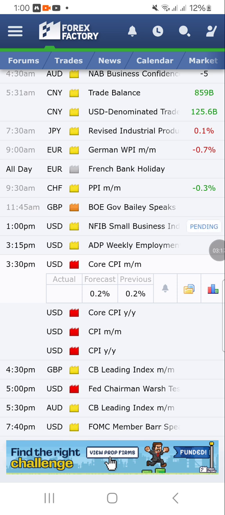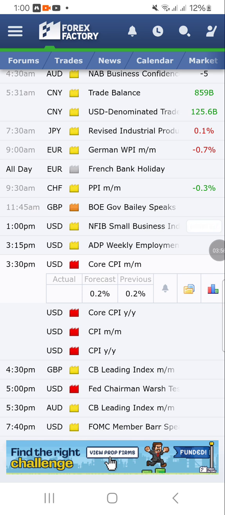In June, the CPI was at 0.2%. That is previous. Forecast. What is forecast? Analysts, central bank analysts, journalists that analyze economics, these guys sit down and do their research and give their forecast, what they expect. In this case, they expect it to be maintained at 0.2%. Actual, this is what we are waiting for to come out at 3:30.